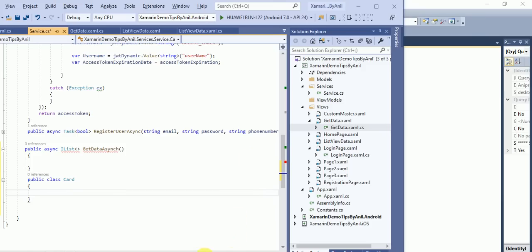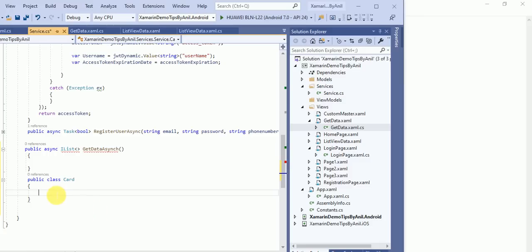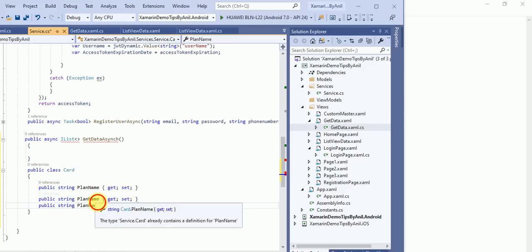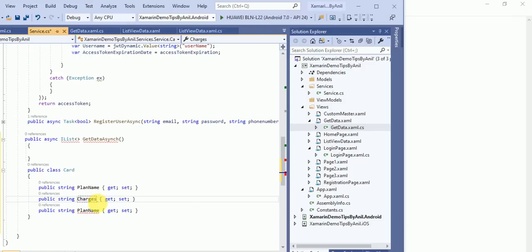Plan name, get set, charges, total days. The class I will pass over here.